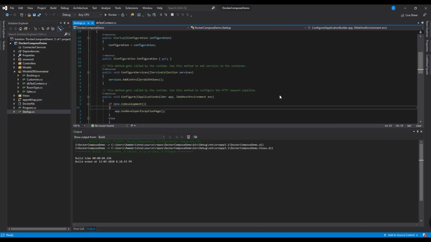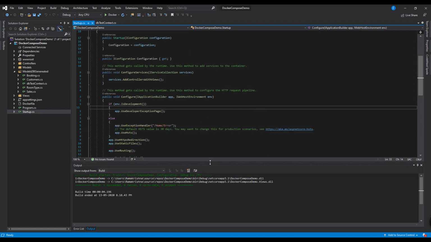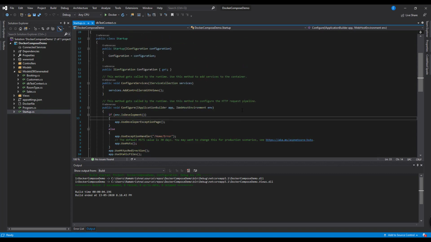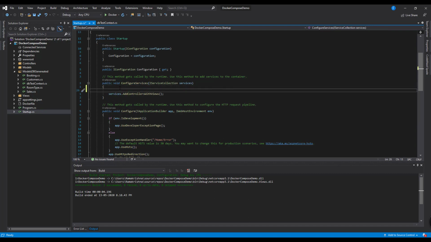First we need to add a service reference for the db context. To do that, we go to the Startup class and go to ConfigureServices. Here we need to provide a connection string first.